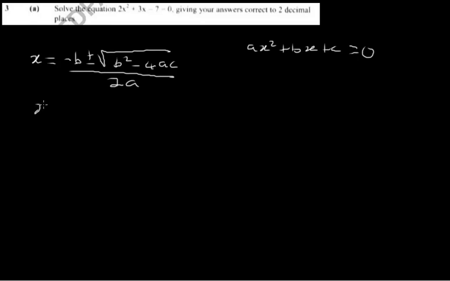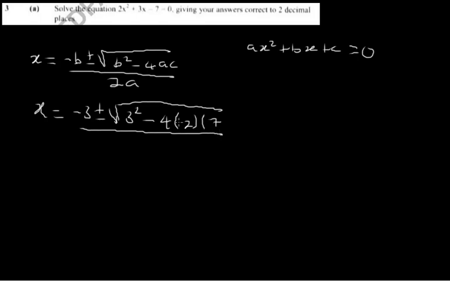So we have x equals negative 3 plus or minus root of 3 squared minus 4, our a is 2, and our c is negative 7, all over 2a, our a is 2, so we have